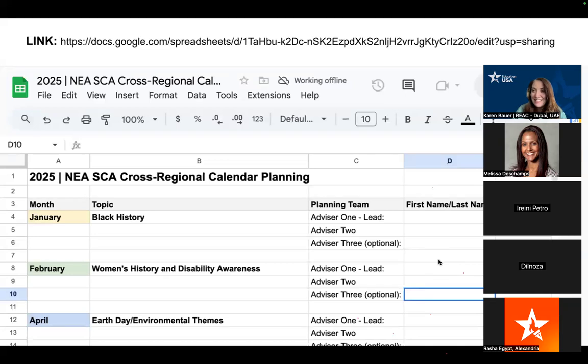It is okay to collaborate together too. We don't necessarily want to say you can't collaborate. So if you have a good idea, feel free. If there's two of you who feel like you're an expert on environmental themes, jump in there and take advantage of your expertise or of the opportunity to learn about a new field. So we're going to ask you and the others who are not in this session, who decided to join the other session, or maybe those who aren't here today, who are watching the recording, to jump in and sign up for one of the webinars.